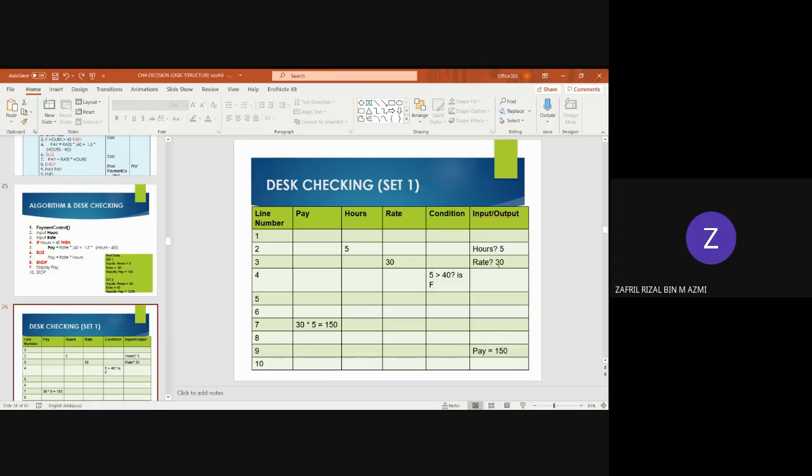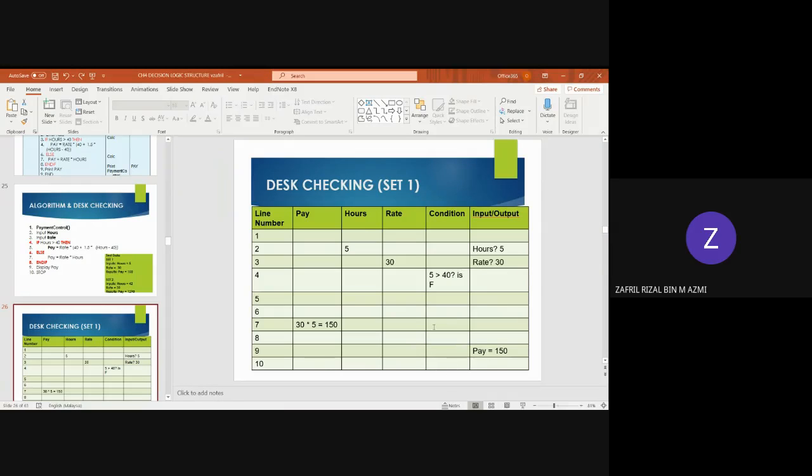We only put input and output only. So 5, this is going to be 5, the input. And then this is 30. Alright. So the addition in the desk checking, if the problem involves a decision logic structure, is mainly one column